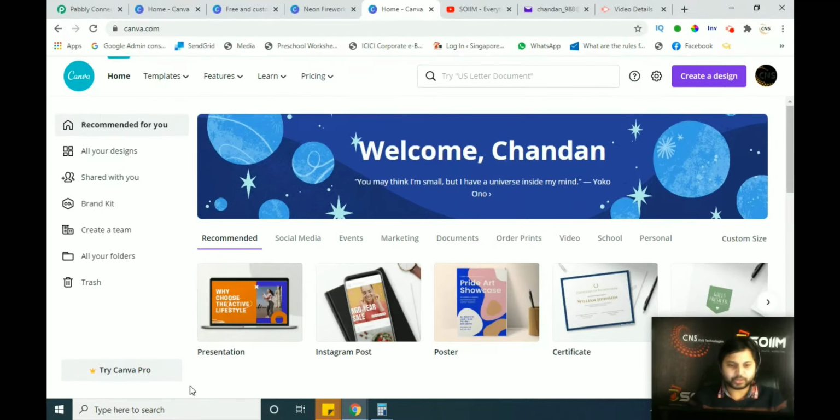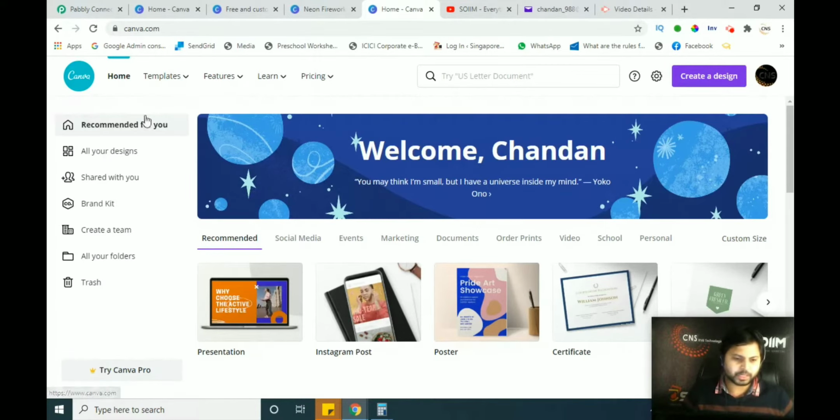How we are going to make our own design from a custom background, meaning we have our own custom background. We will see how we are going to make it, and it will be very easy for us. So this is the custom dashboard which you are able to see on your screen.